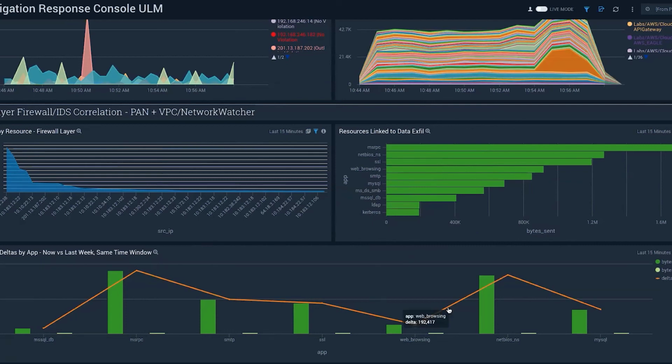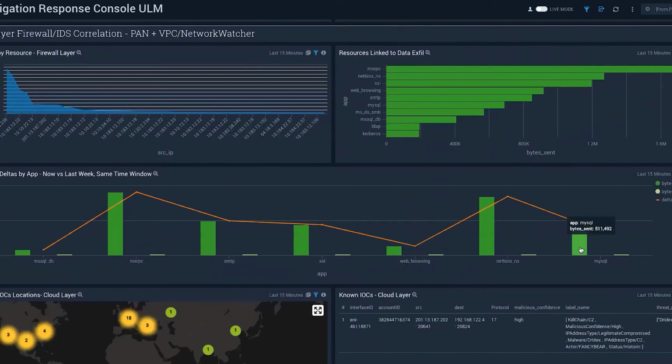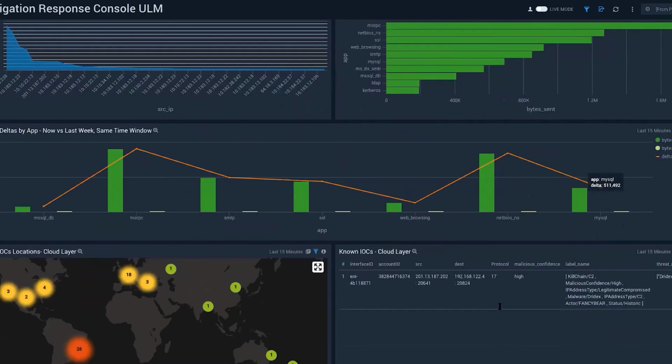So if I scroll down a little bit further, I also see in ByApp over the last week, I have a spike going on. So what's going on in that area? If I scroll down a little bit more, hey, I have an attack going on. If I look at my specific interface, here's the source IP address that we mentioned before. If I go into my label name itself, I can see here that it is coming in and it's part